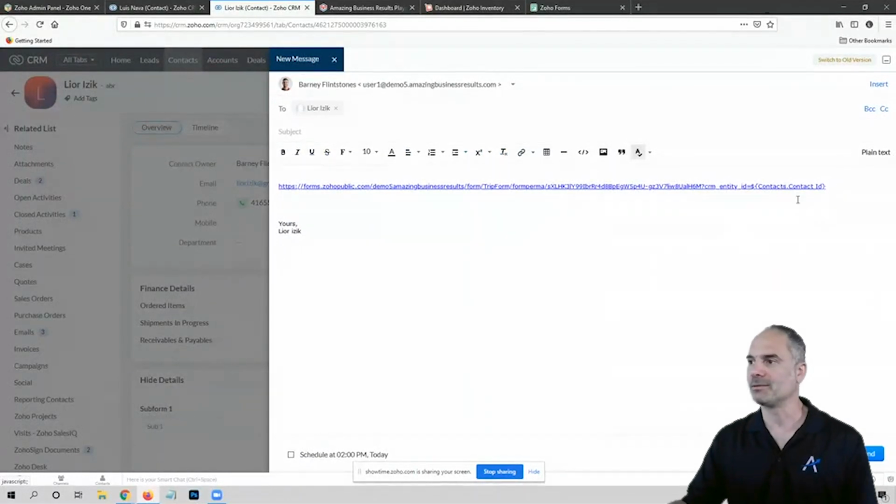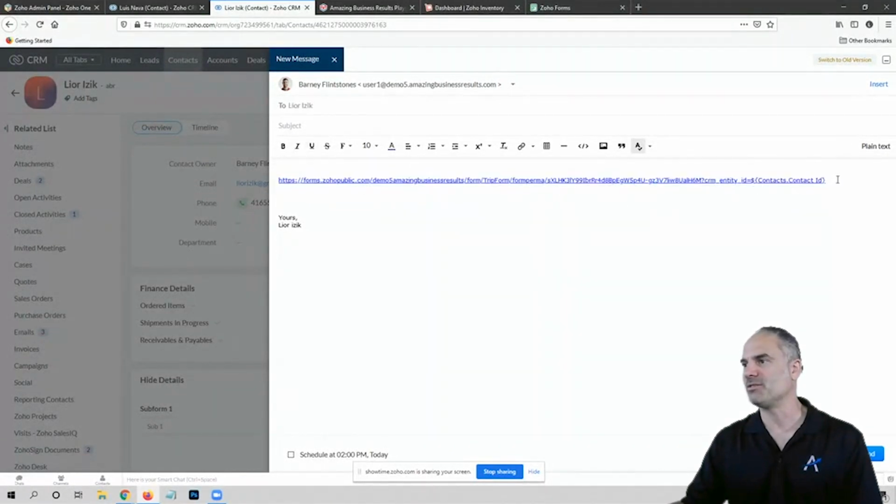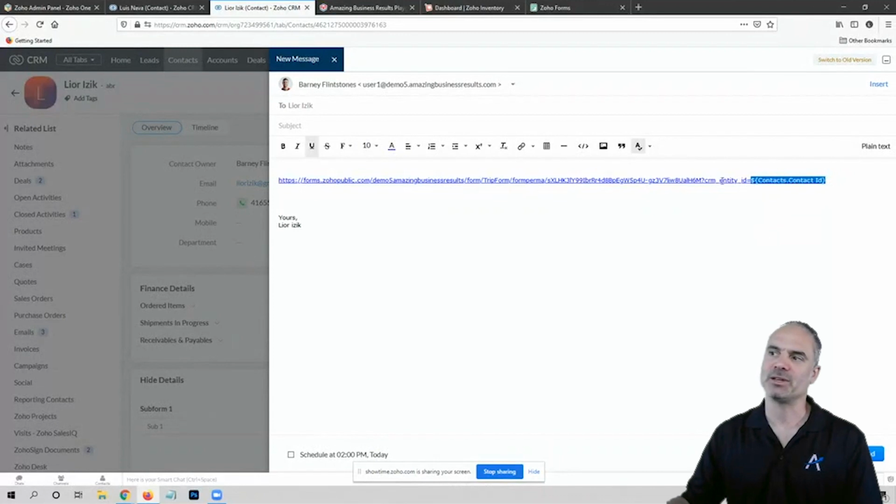This is beautiful, huh? The clients are happy. It's very good, yeah. So you see here that the URL has just one variable, the contact ID. Now I tried to simulate it with different contact IDs. It didn't work for me.